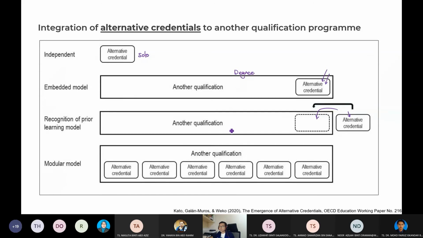Recognition of prior learning model. Kita dah belajar tapi macam siapa nak bagi kredit ni, siapa nak validate our knowledge. Siapa nak bagi ijazah kat saya ni? Okay, itulah satu. Satu lagi yang mungkin ramai orang fikir tapi saya rasa kompleks pengurusan dia ialah